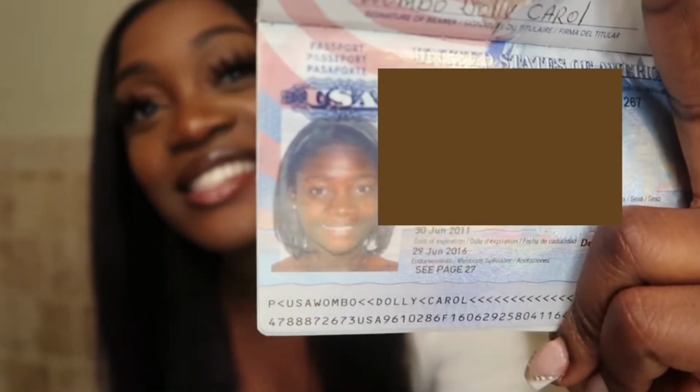Y'all, this is my old passport. Do y'all want to see this picture? Oh my god. Should I show y'all? Okay, I'm gonna show y'all for like 2 seconds. Hold on. That's it. That's all y'all gonna see. But yeah, this is me, guys. This is in 2011, and that was honestly the last time I traveled outside the country. Isn't that crazy? Yeah, it's not giving what it's supposed to give, but you know what? It's okay. I was young, like I was a child, so I'm not about to be a baddie at 14 or whatever. If you want to know how I went from this to this,